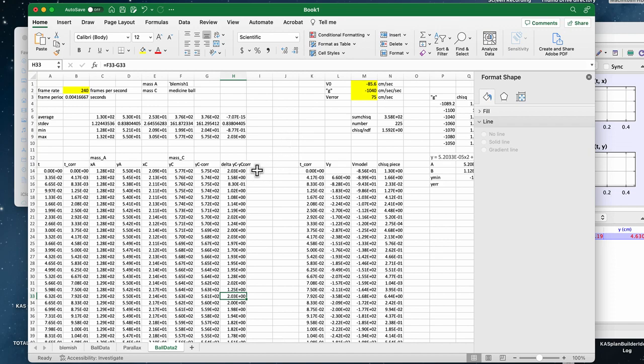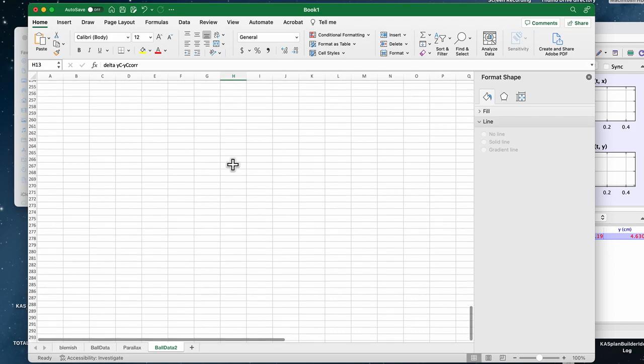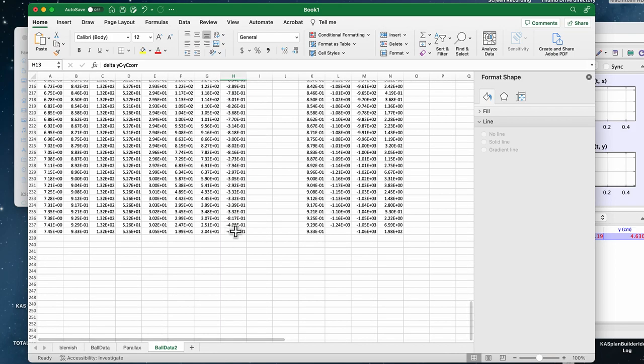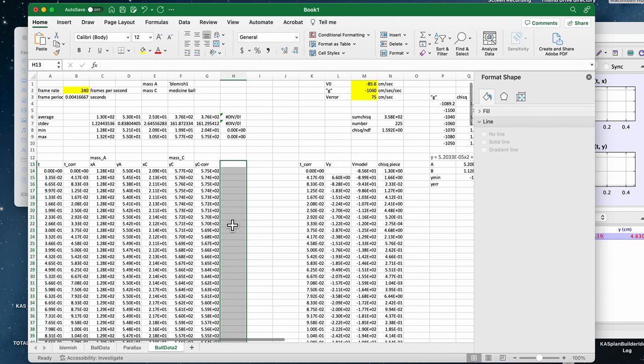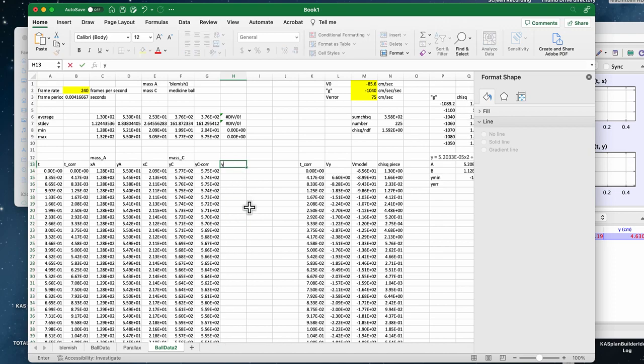Okay, so now we're going to have a, now, if you will, we're not really interested in the delta YC versus Y. So let's just get rid of this. Instead we're going to put in our correction for stuff right here. Okay, so this is now going to be YC 2,